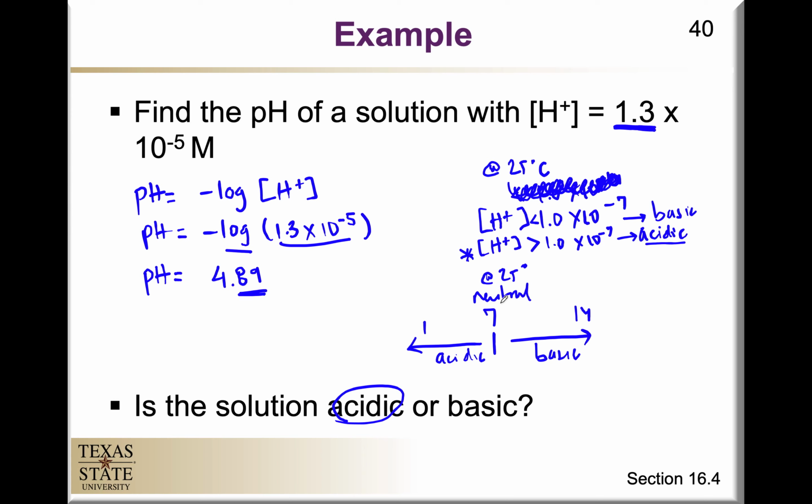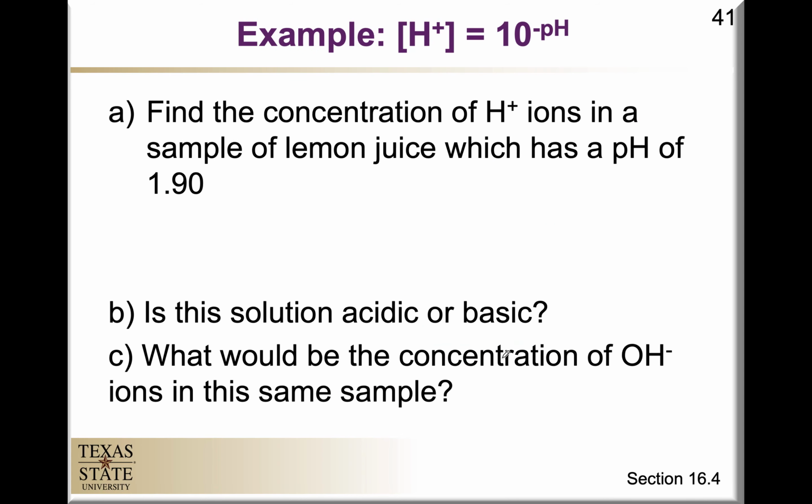Typically, thinking about the pH is a little bit easier, so I recommend that you get familiar with that. All right, the next example is to calculate the hydrogen ion concentration starting from a pH. Specifically, it says find the concentration of hydrogen ions in a sample of lemon juice which has a pH of 1.9. So as we know, we're going to do the inverse equation or the inverse log, where we take hydrogen